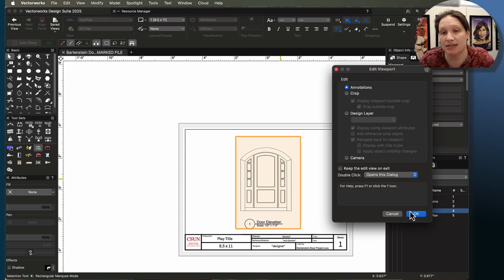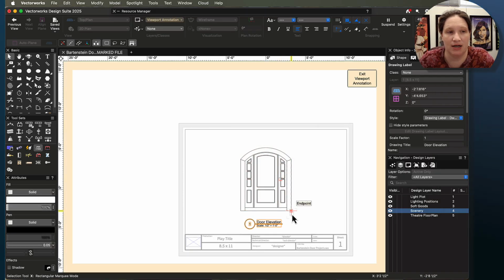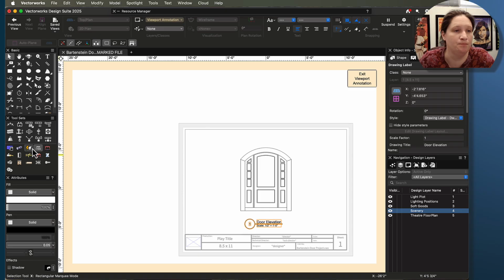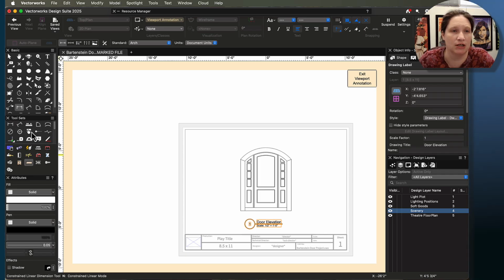We're not going to go crazy. I don't need the dimension of everything in the thing, but I do want to get some basic dimensions put in. So you can get your dimension tools here over on the side, or you can hit this ruler and then they're all kind of collected together. We are going to start,